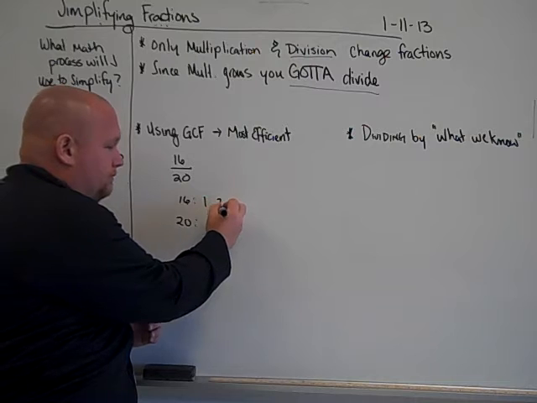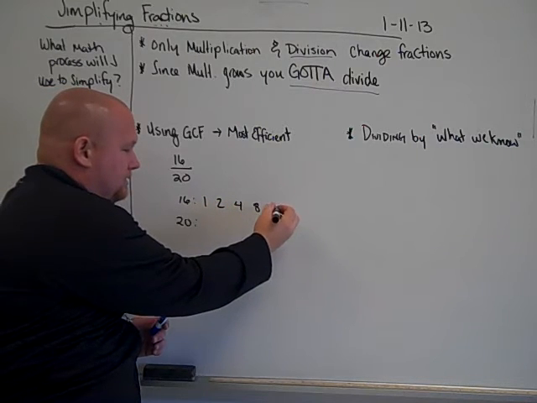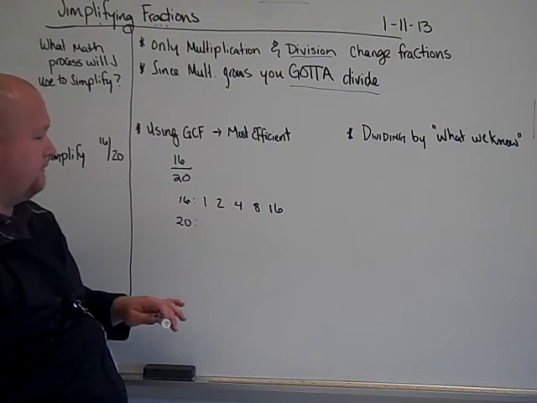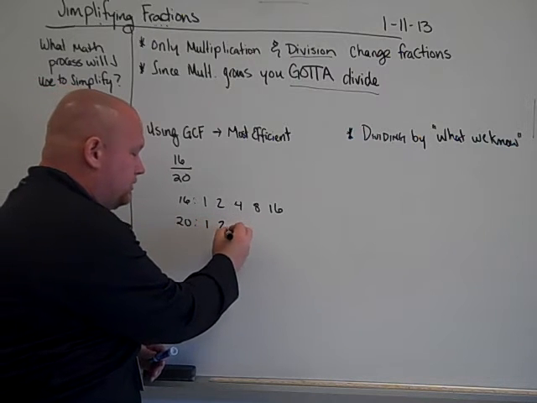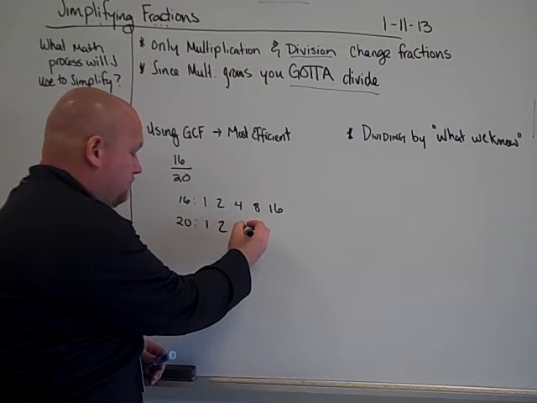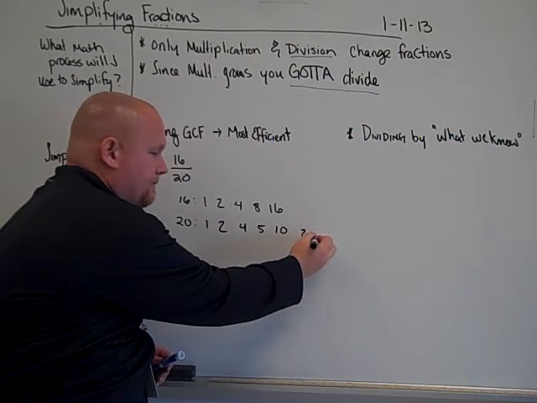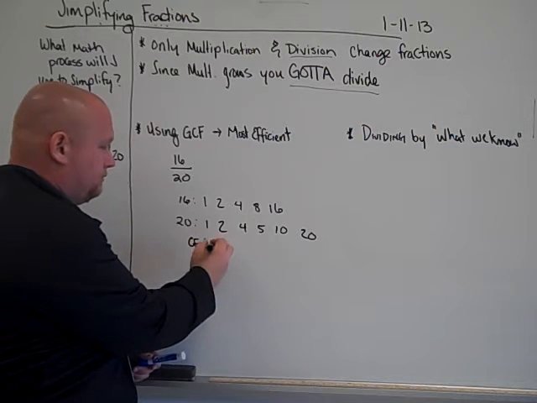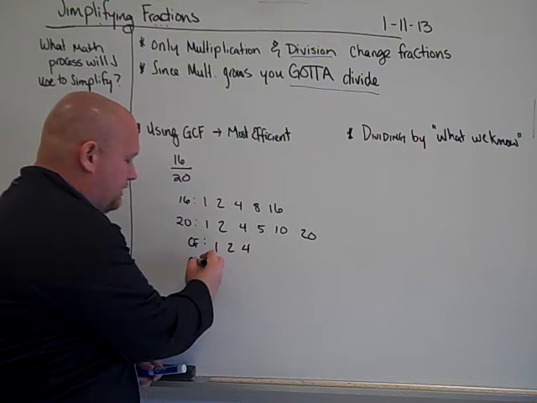They're 1, 2, 4, 8, and 16 for 16. Factors of 20 are 1, 2, 4, 5, 10, and 20. The common factors, they both have 1, 2, and 4. The greatest common factor